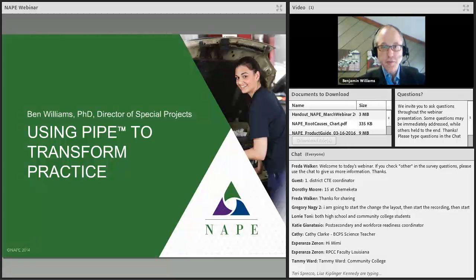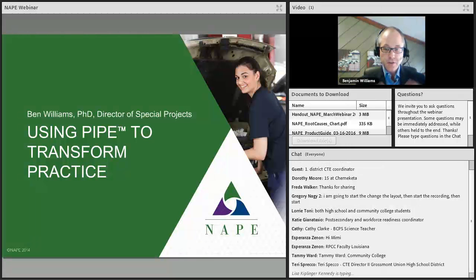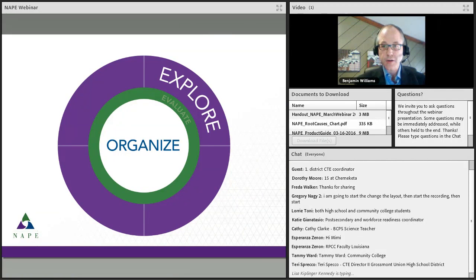A key component of creating an equitable learning environment is really looking at the current context of an educational institution through the lens of what we know from national trends and national research. And the way we can do that is by using a very powerful process called the Program Improvement Process for Equity, or PIPE,